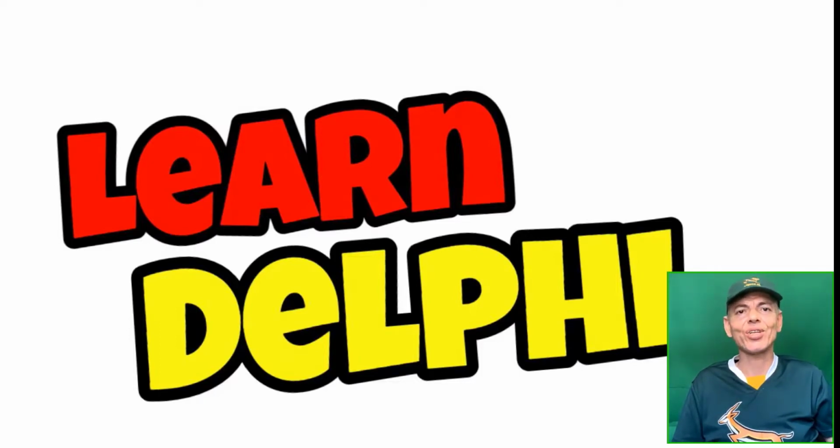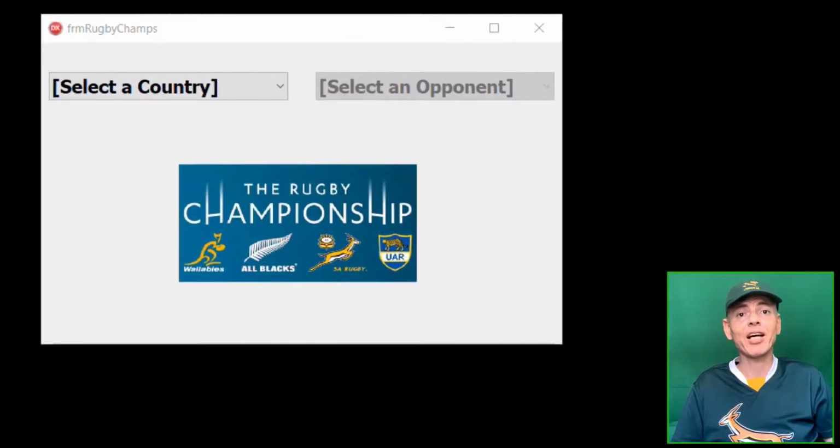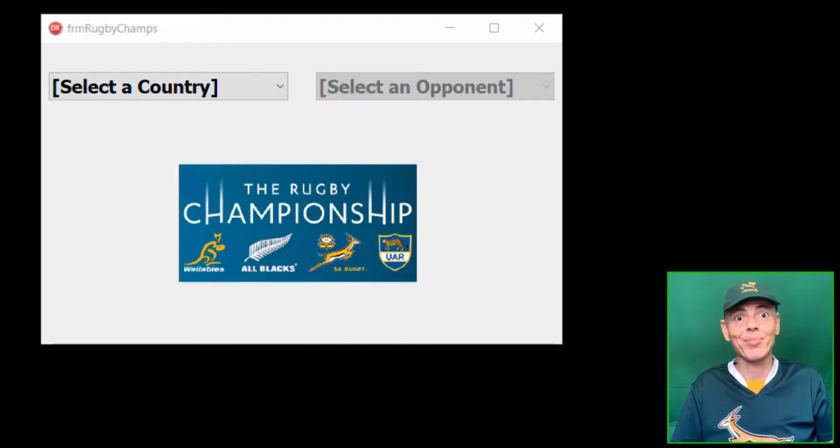Let's see how the solution will work after we finish it. Rugby is a very popular game in South Africa. In fact, the Springboks, which is the name of the South African rugby team, is the current Rugby World Cup champions. Rugby is also very popular in most other countries all over the world. Once a year, 4 big rugby playing nations in the Southern Hemisphere battle it out for the Rugby Championship trophy. These countries are New Zealand, Argentina, Australia, and of course South Africa.